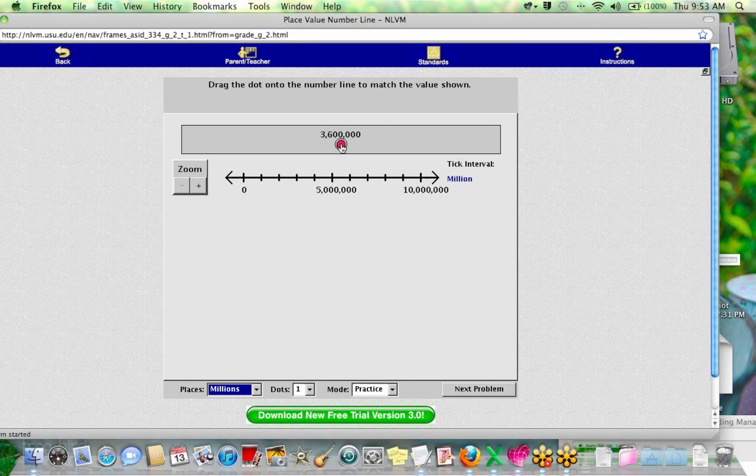You could just tell me if I'm getting hot or cold. Cold. Okay, cold, warmer, warmer. There. Right about here? Okay, let's see. Yeah. Oh, I dropped it on 2,600,000. So what do I need to do, Jack? Go one higher. Okay, go one whole increment higher. So do you think maybe about right there? Yep. Oh, I went a little too far. So I'm going to go back. Perfect. See, that wasn't so bad.